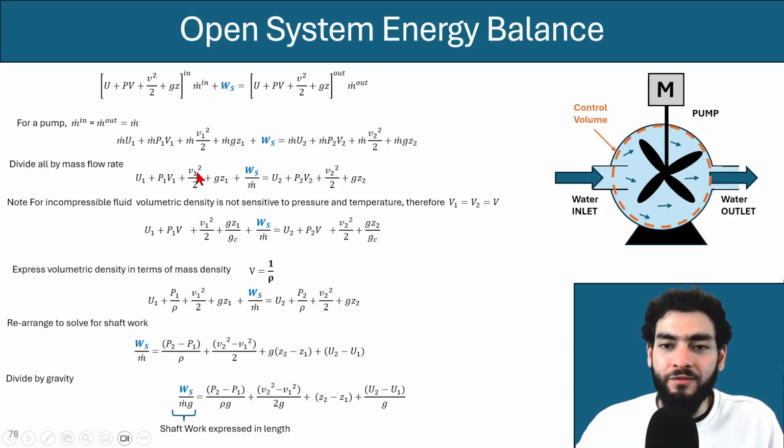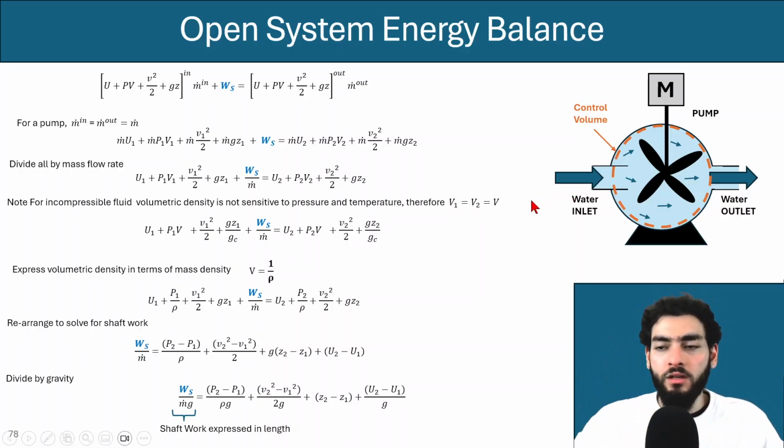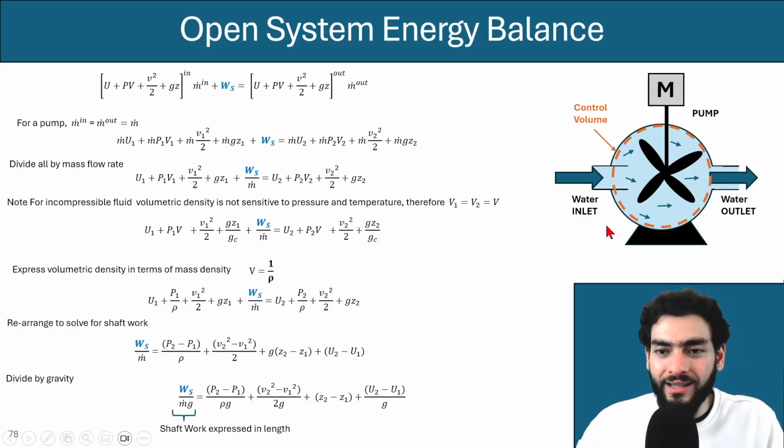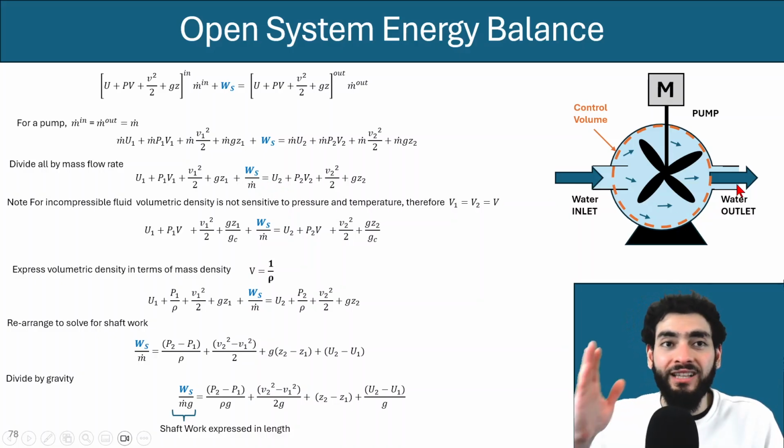Plus the velocity at point 1 of the fluid coming in, which is the kinetic energy portion, so the velocity squared over 2, plus the potential energy of the liquid at the entrance point, which is just the gravitational constant multiplied by Z1, which is the elevation of the entrance point relative to a reference, plus the additional work that's being provided by the shaft divided by the mass flow rate, will equal